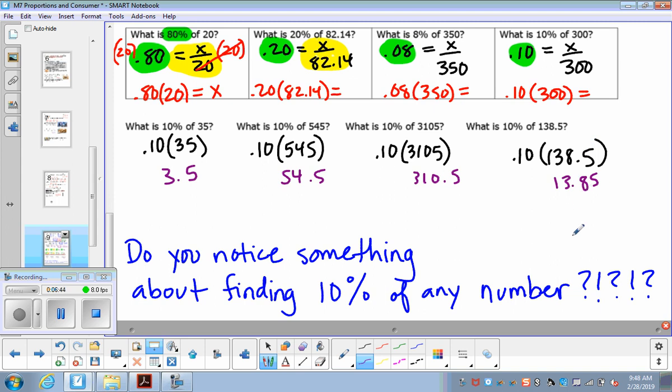Y'all, what happens to the decimal when we're finding 10% of any number? 35, the decimal is right here. Boom, 3.5. The decimal for 545.0, move it over once. Boom, 54.5. The decimal here got moved over once. The decimal here got moved over once. So we have found another shortcut: when finding 10% of any number, you just got to move the decimal